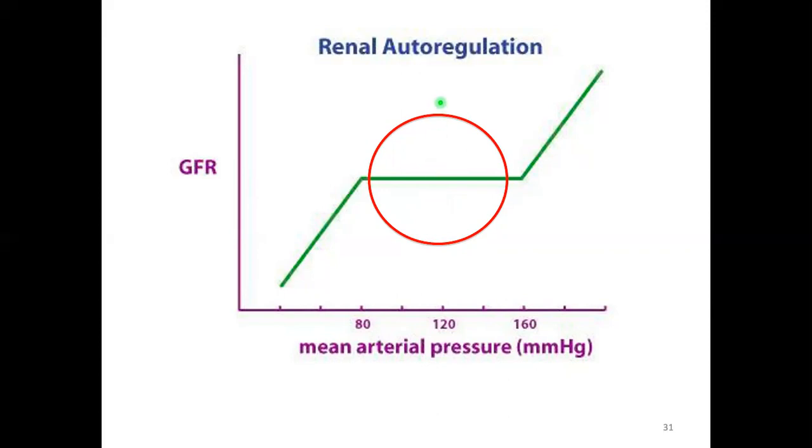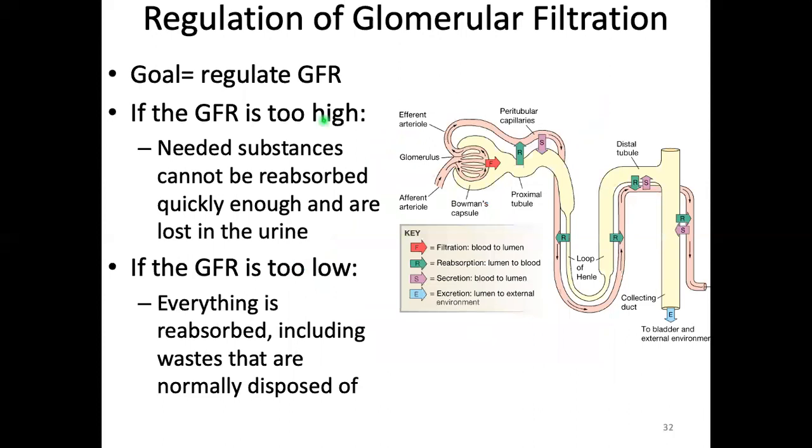And so this is one of the things that your kidney does. Notice that if MAP is really high, so let's say you have really high blood pressure, glomerular filtration rate is going to go up. And so you're going to lose fluid because blood pressure is high. Look at the other side too. If MAP drops, remember, if MAP drops below 55 millimeters of mercury, you're not going to get any filtration. And so you're going to be considered in kidney failure. The goal is to keep glomerular